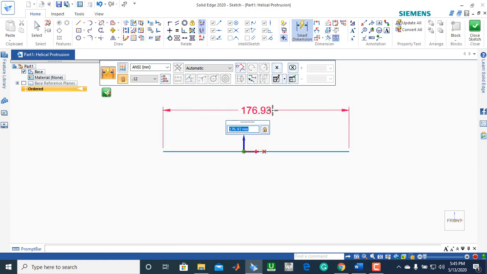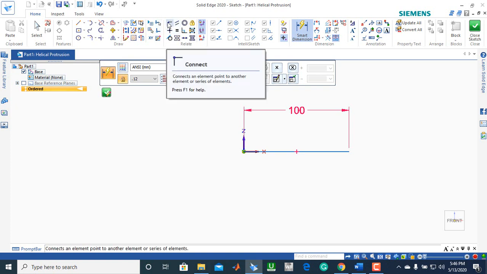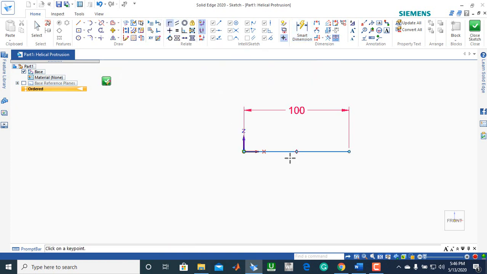We're going to say, okay, this line will be 100 millimeters. After you do that, we're going to make sure that the middle point of this line coincides with the origin of the plane, which is at 0,0,0. So you go up here, where I'm hovering the mouse, and you're going to see the connect command. Click on it, come in the middle here. Once you see that big circle appear there and the line changes its color, you click on it, and then also click on that circle in the middle there,